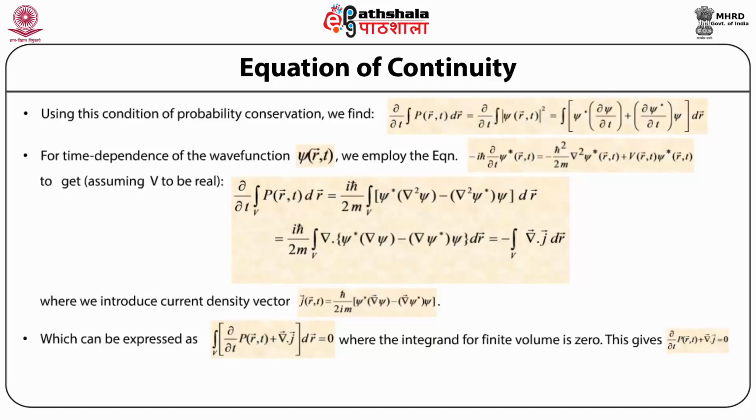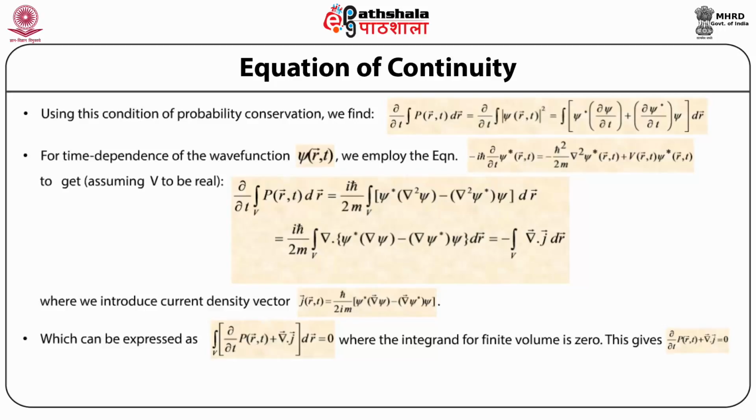the volume integral over dr of ψ star times the partial derivative with respect to time of the wave function ψ plus the partial derivative with respect to time of the wave function ψ star times the wave function ψ, where ψ star denotes the complex conjugate of the wave function ψ. For time dependence of the wave function, that is, when we want to study the time dependence of the wave function ψ as a function of position vector r and time t, we can use